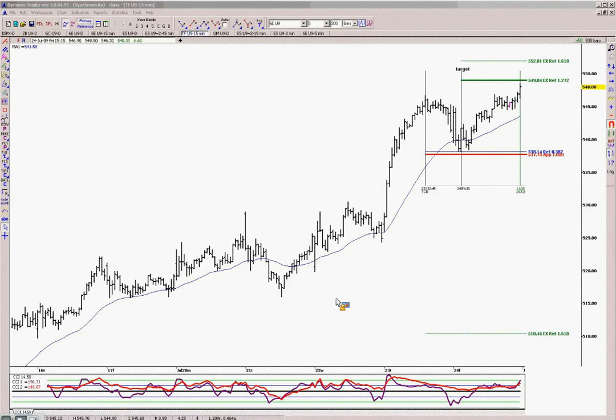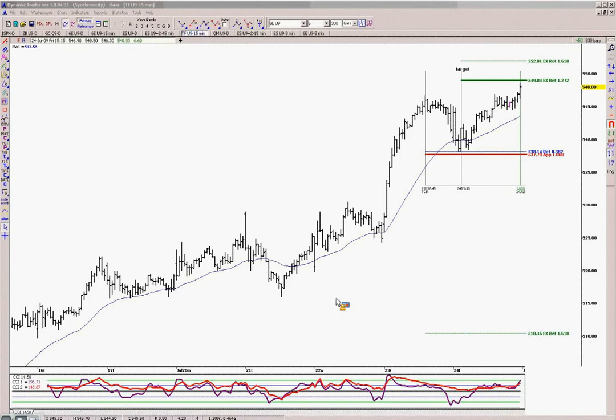Okay, wait, I see a couple questions. When I have a level, do I want the price to be tested or pierced? What if it comes close but not to touch it? As long as I have it written in the trading plan that it's within 3 ticks of the zone or in the zone, so it could be 3 ticks above it, it could be in the zone, or it could be 3 ticks below it, then you go to a trigger chart and you look for the reversal signal. So yeah, more than a few ticks, I throw that setup out the window.